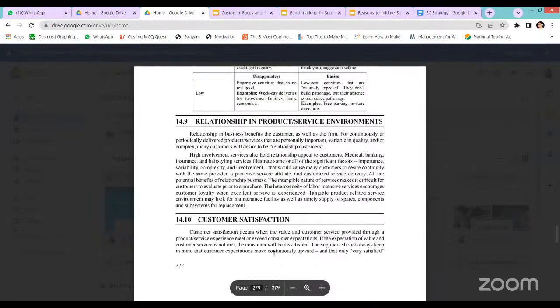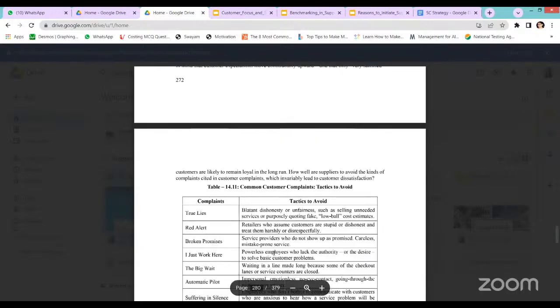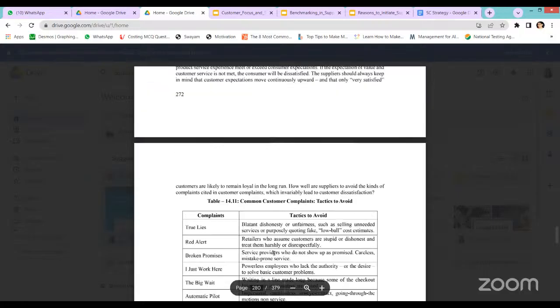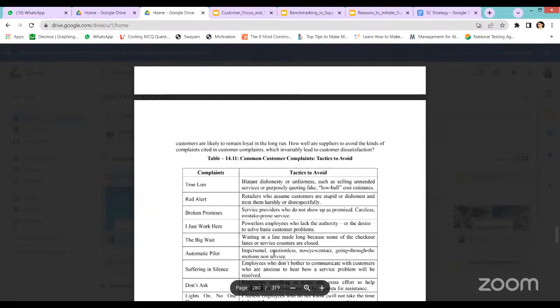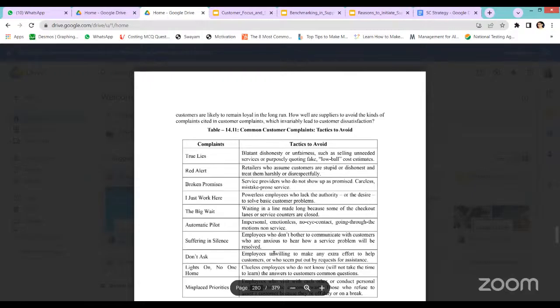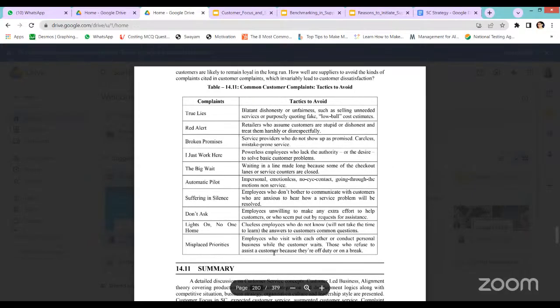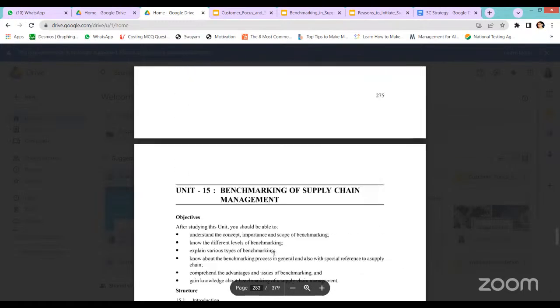The next one is product service, customer satisfaction, and complaints. What is customer satisfaction? And common customer complaints: what are the common customer complaints, and how you handle those complaints, which is complaint handling, and how you reach customer satisfaction. It is self-explanatory. You can answer this. Moving on to the next unit,